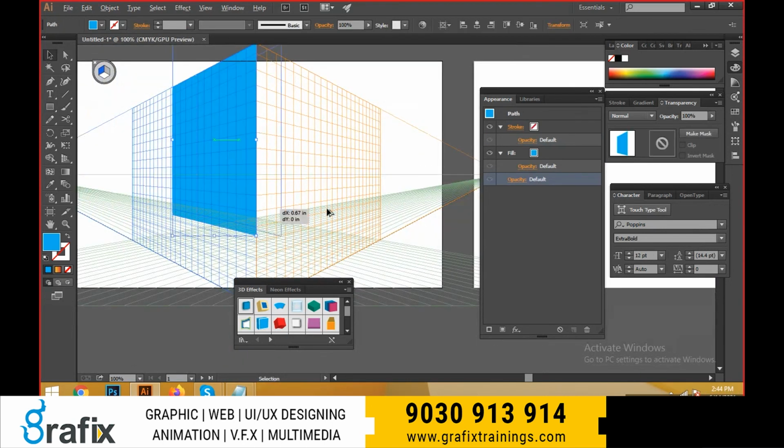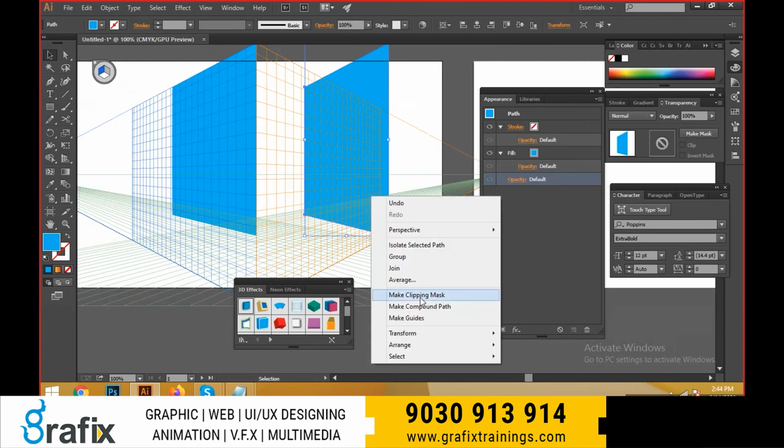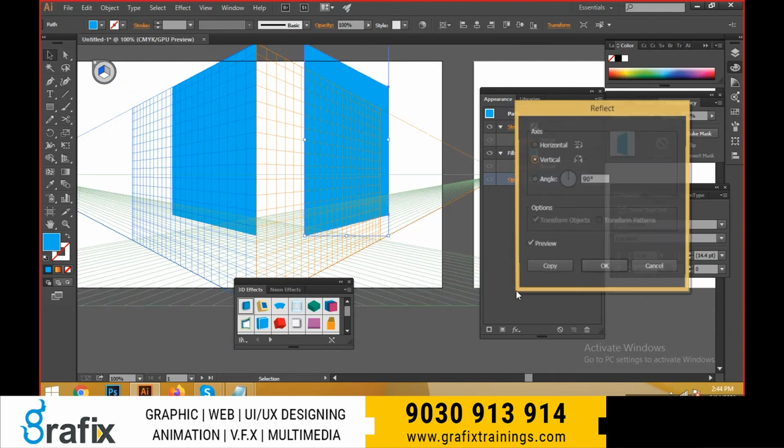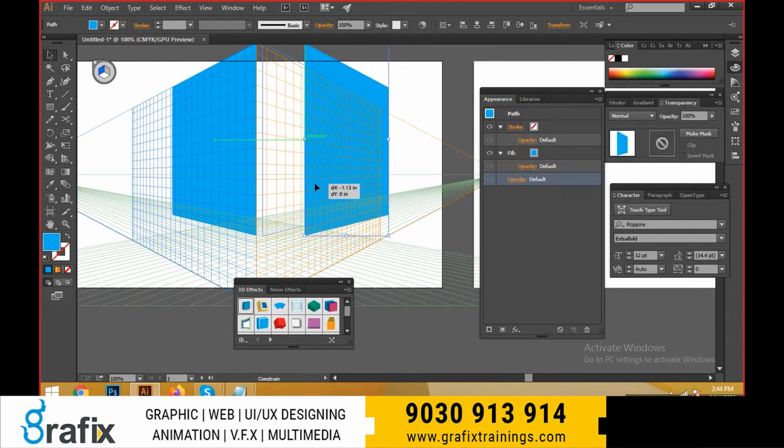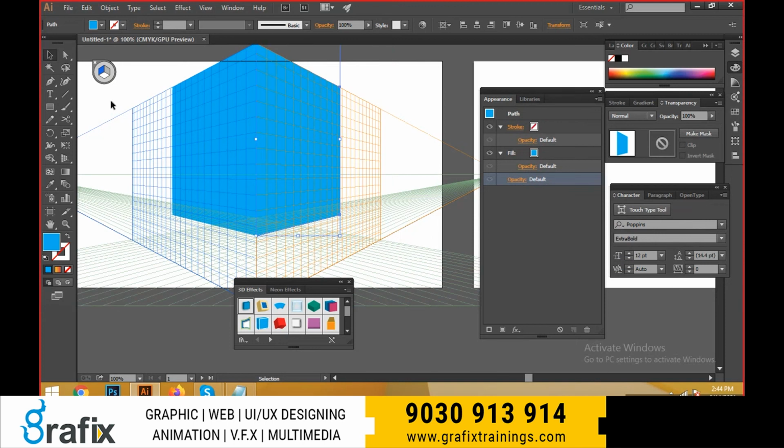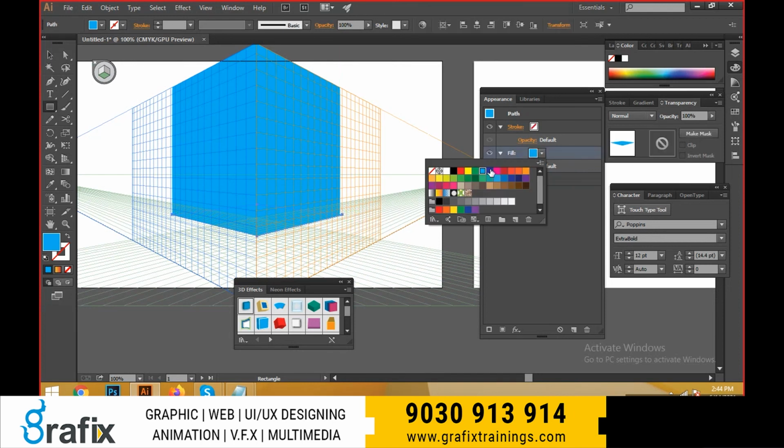I can create like this and take a duplicate, right click, transform and reflect. Click it OK. And select this one and select the perspective view in the down layer. Select the color.